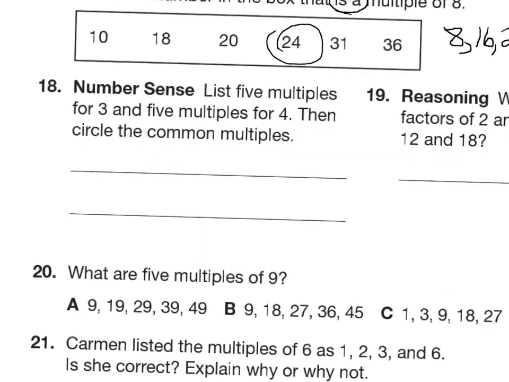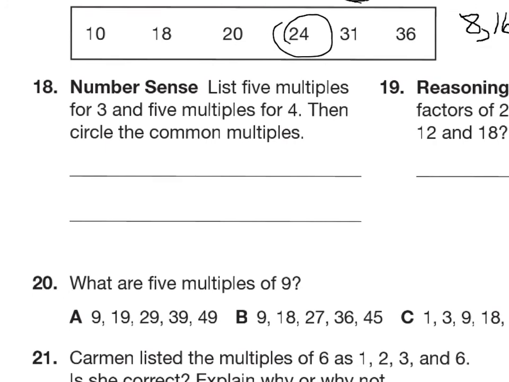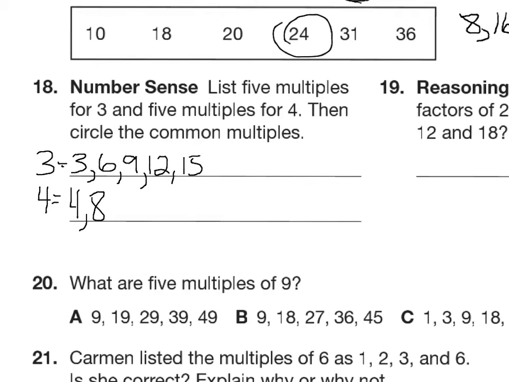Alright, number 18. List 5 multiples for 3 and 5 multiples for 4. So 5 multiples for 3. Skip count. 3, 6, 9, 12, and 15. Alright, and 5 multiples for 4. 4, 8, 12, 16,